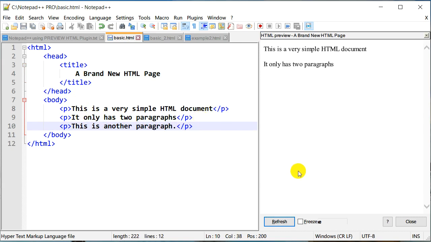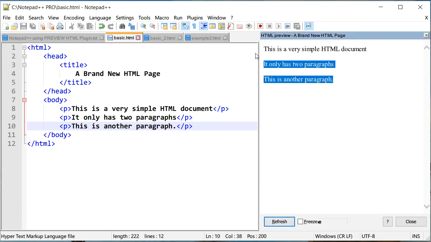I save it and refresh it, and you can see that I just made that change. This is a pretty handy plugin. You don't need to switch between your web browser and Notepad++ to see the quick changes that you are making.